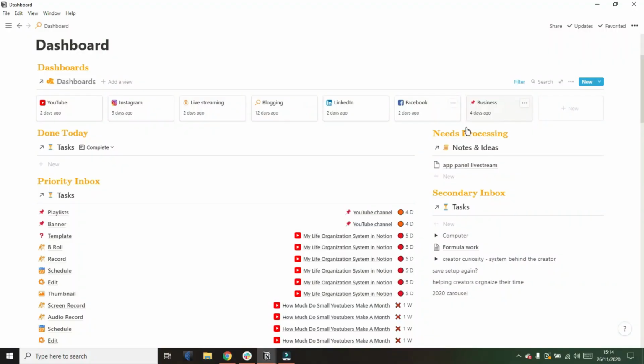So we're back at my dashboard. You can see these are the dashboards that we were going through. Then I have the notes database, and this is the notes database that has all of those templates in. You can see this is filtered for dashboard is empty. What this means is any note that I add into this database that I haven't categorized with a dashboard relation will show up here. Also, if I decide when I'm in that dashboard, say I'm in YouTube, and I don't want this note in here anymore,